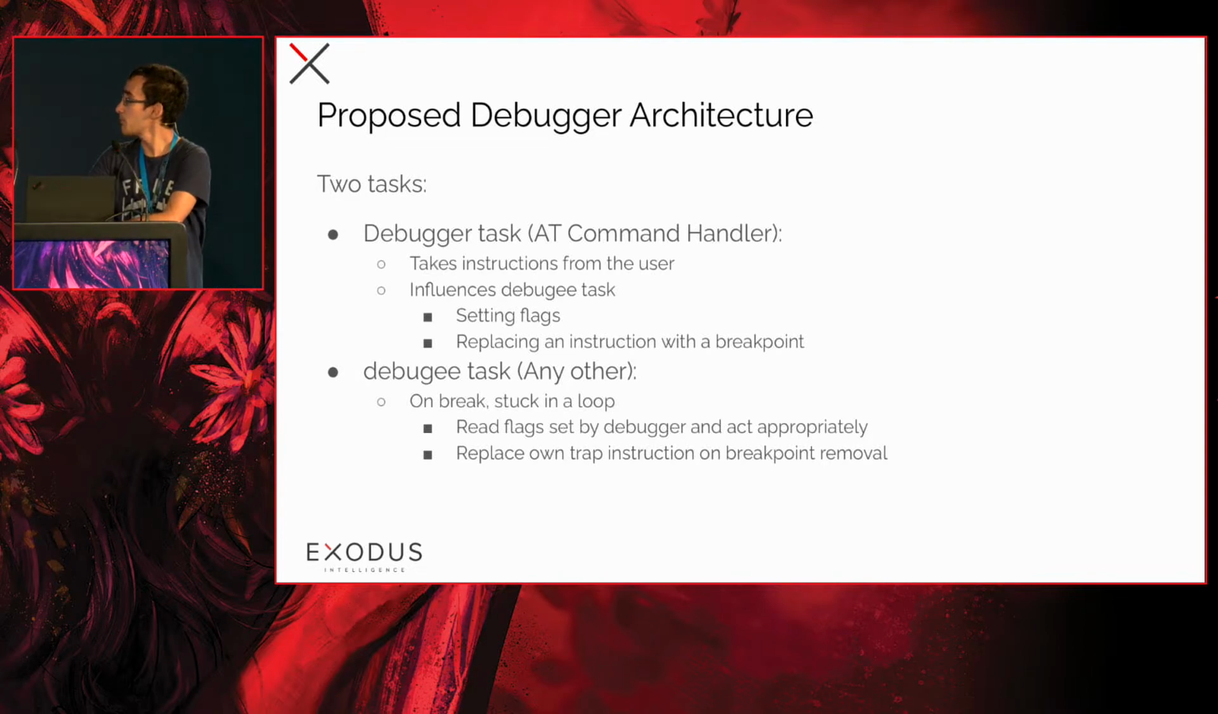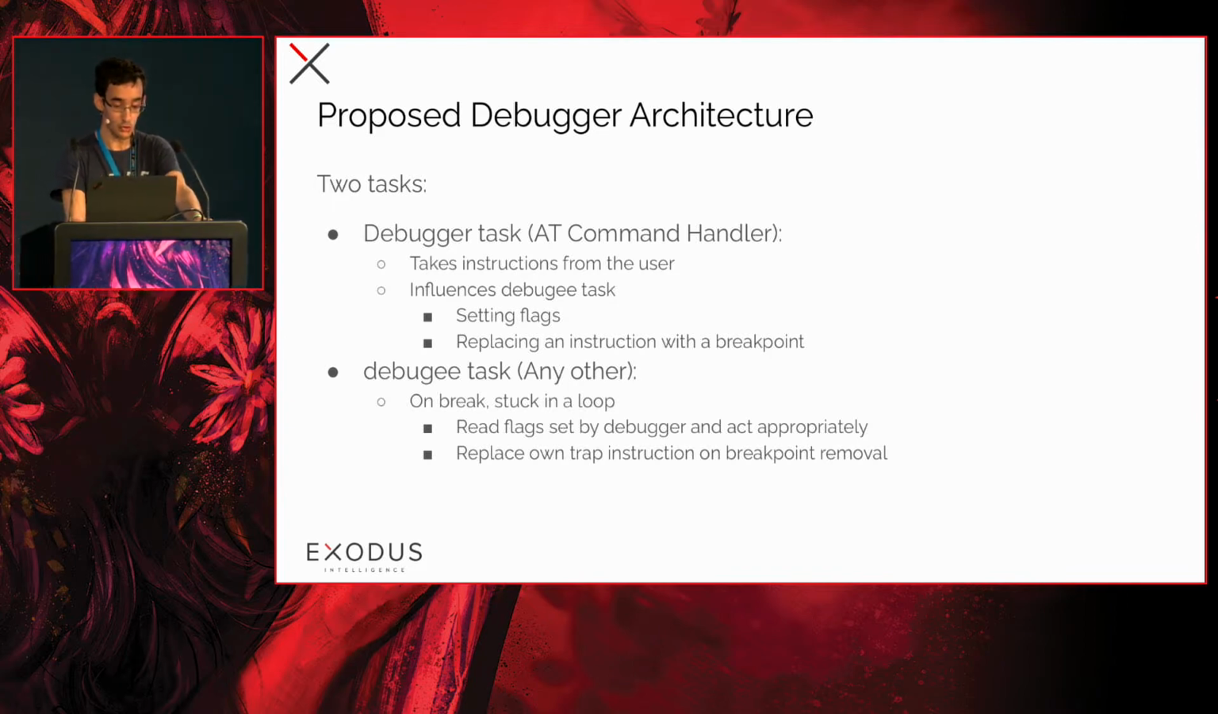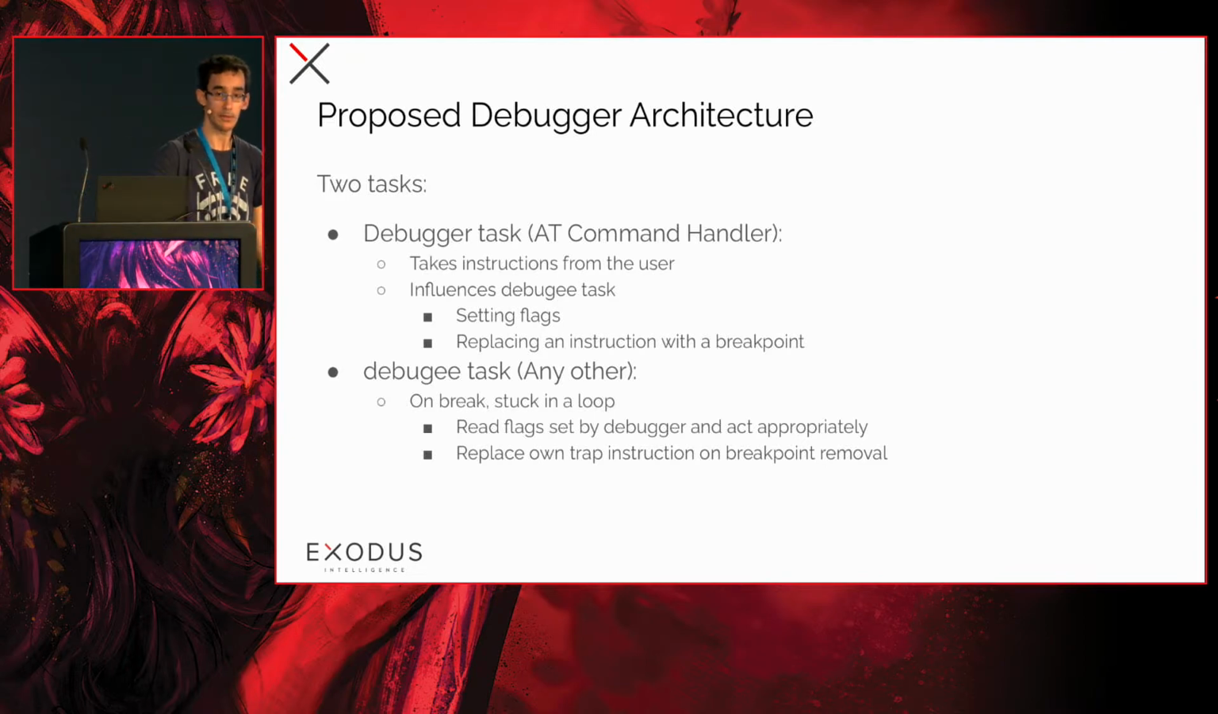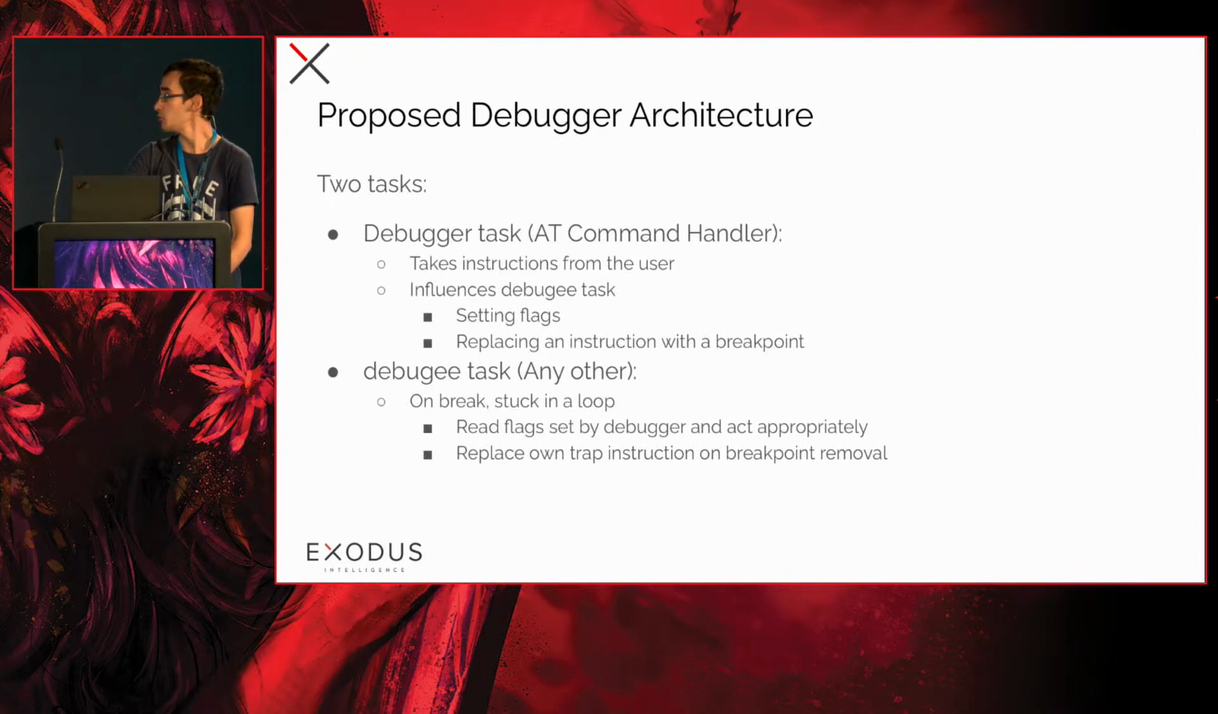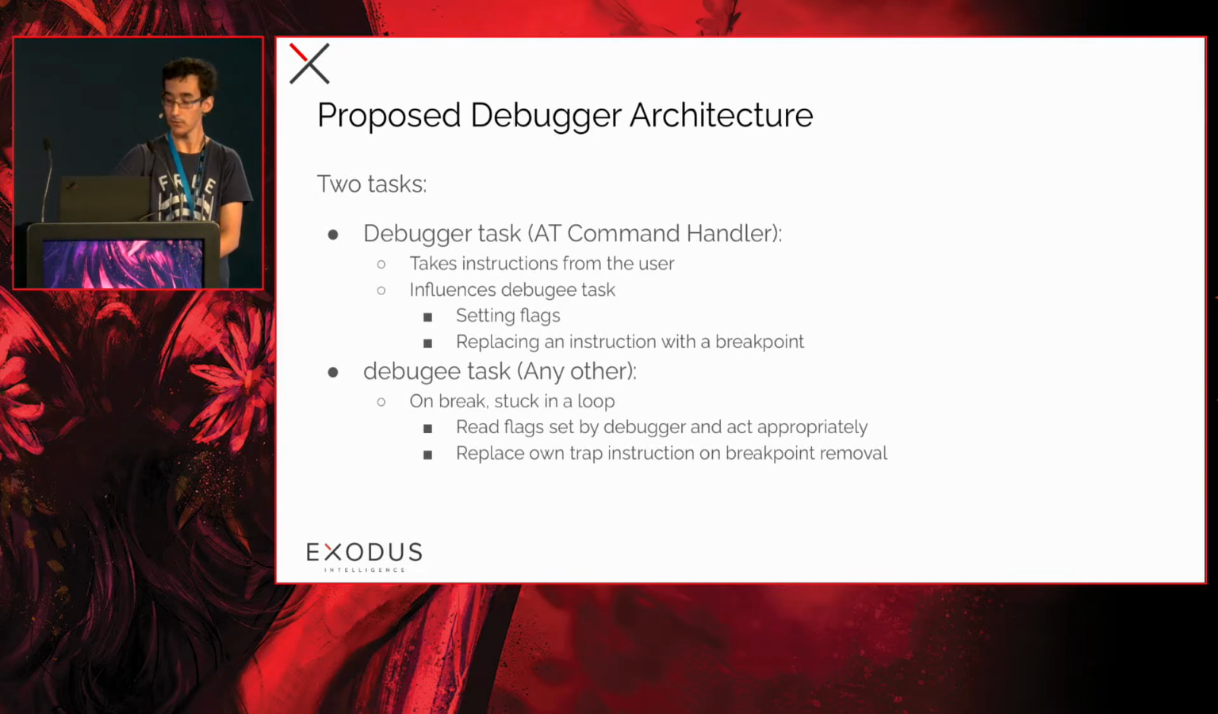and most importantly, it's going to replace any instruction that is going to hopefully be executed by the debugged task with a breakpoint. The debugged task is going to be the other, and is going to be stuck in an active wait loop when a breakpoint is encountered. In this loop, it is going to want to read the flags set by the debugger and act appropriately on them. So, for example, if the debugger instructed the debugged task to dump its registers, it's going to do so,